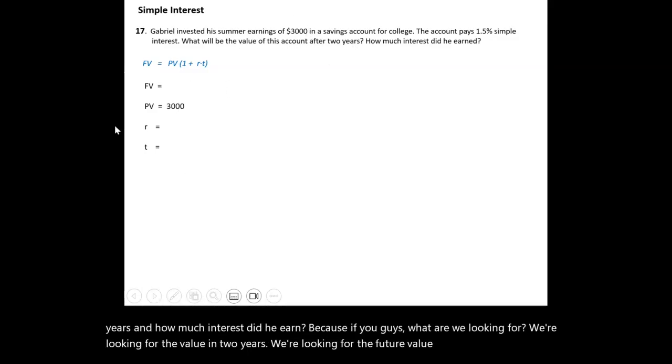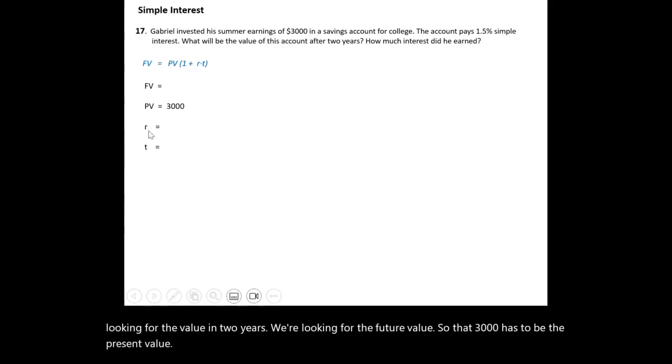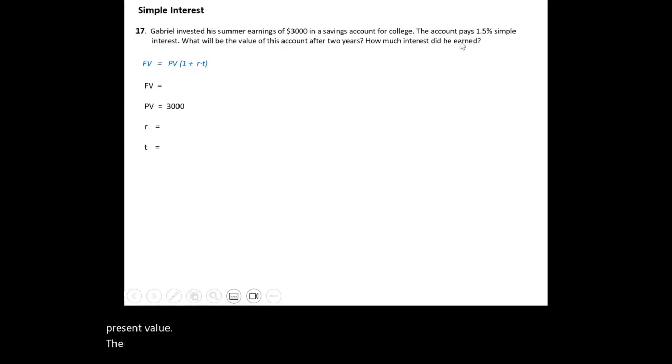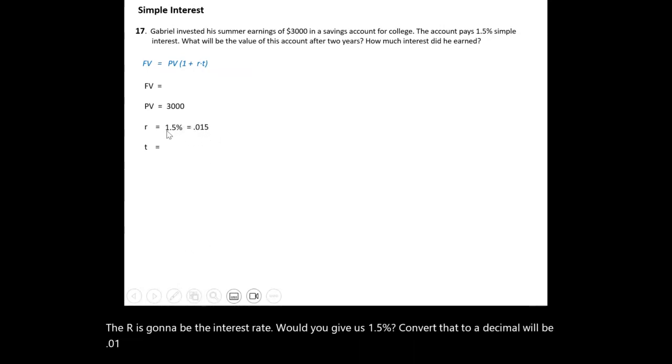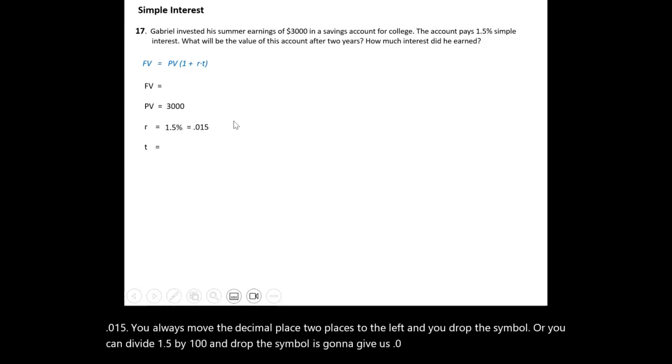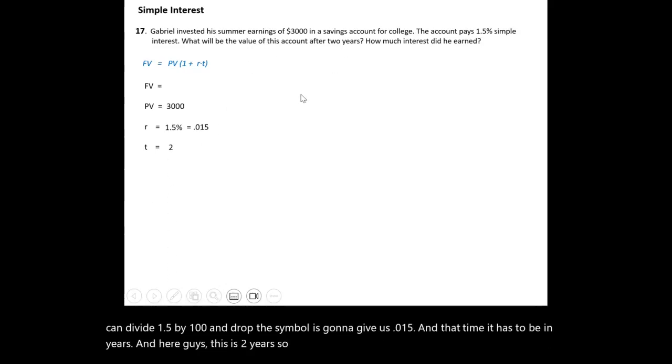So the 3,000 has to be the present value. The R is going to be the interest rate, which is 1.5%. Convert that to a decimal, it will be 0.015. You always move the decimal place 2 places to the left and drop the symbol. Or you can divide 1.5 by 100 and drop the symbol. It's going to give us 0.015. And the time has to be in years. Here, guys, this is 2 years, so t equals 2. So what we do is plug into the formula,